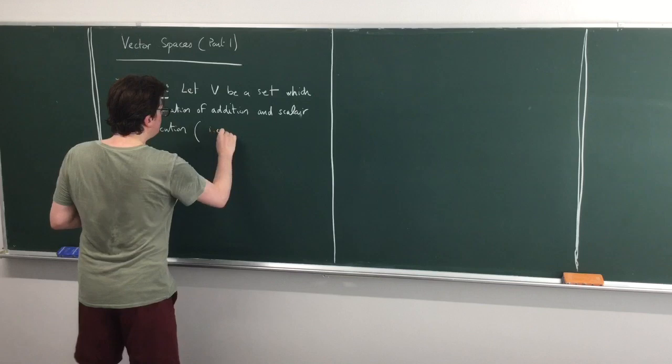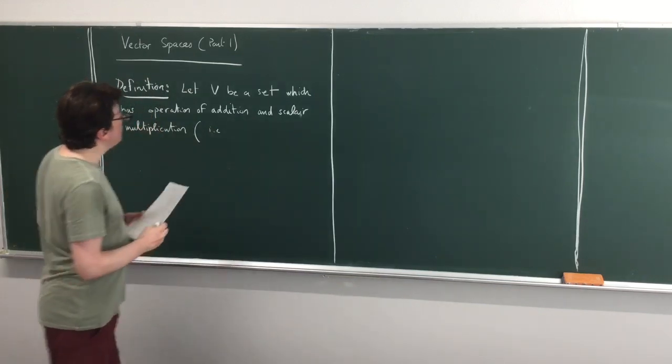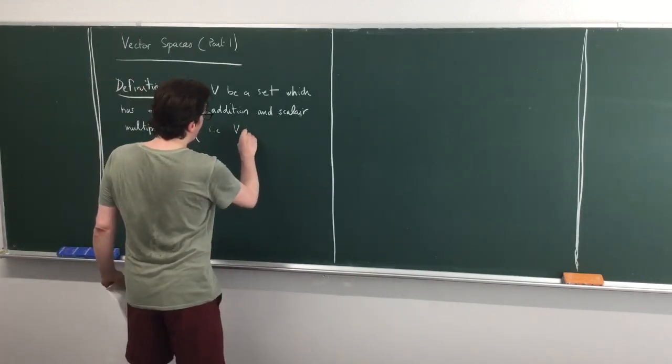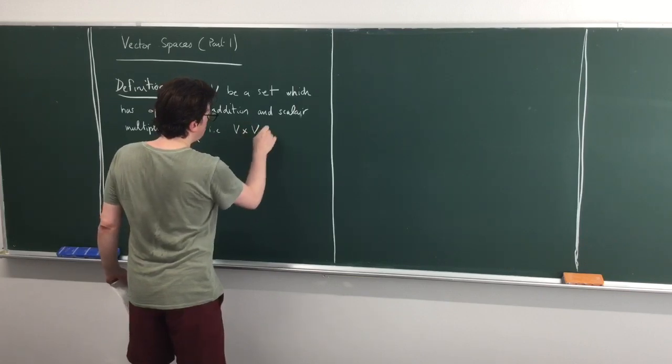So basically, by this we mean that we have an operation, so a map, from V times V to V,